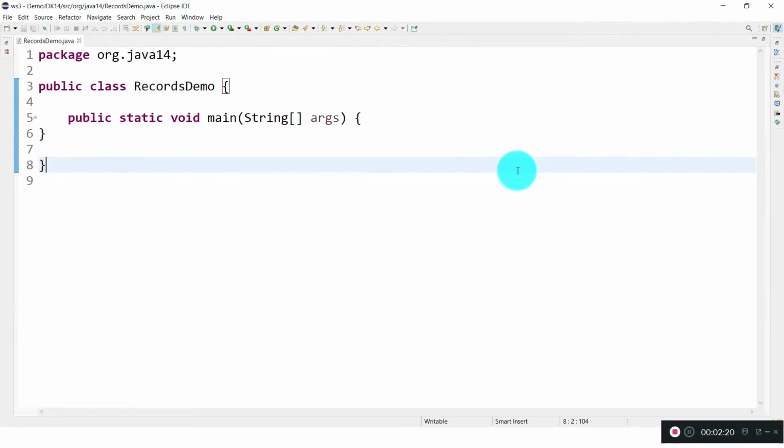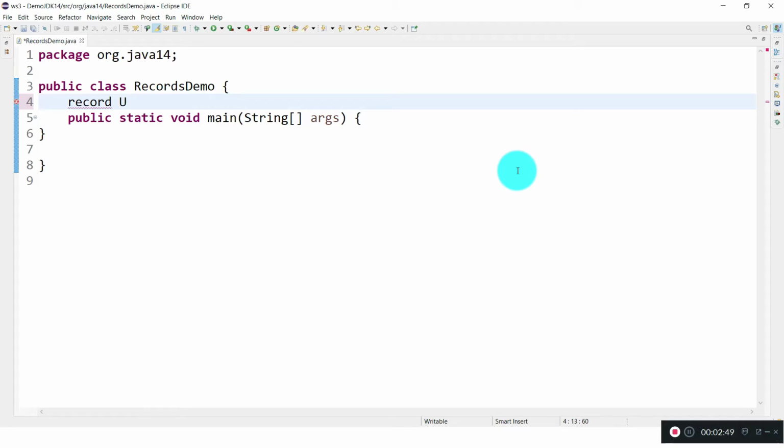Here let me write one immutable class using the records feature. To create a record we need to use the keyword record. Something like if you want to create an interface you will use the interface keyword. If you want to create a class you will use the class keyword, and more precisely in Java 5 enums were introduced, so if you want to create an enum you use the keyword enum. Similar way we use the record keyword to create a record,